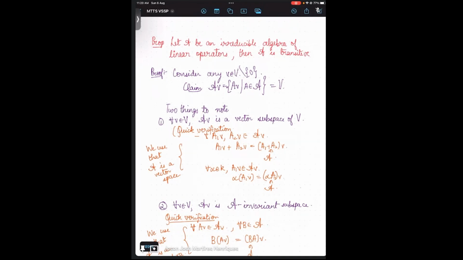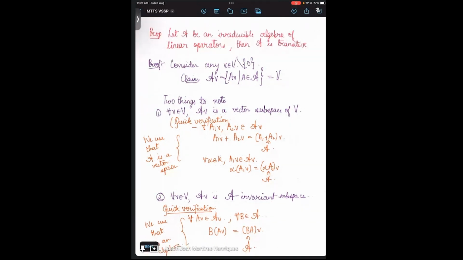We first show that script A times V is not just any subset of the vector space. In fact, it is going to be a vector subspace. This can be verified quickly. The two things that you check for something to be a subspace is that it should be closed under plus and it should be closed under multiplying with scalars. So if I take any two vectors from script A times V, that's going to look like A1 times V plus A2 times V for some A1 and A2 in the algebra. If I add them,